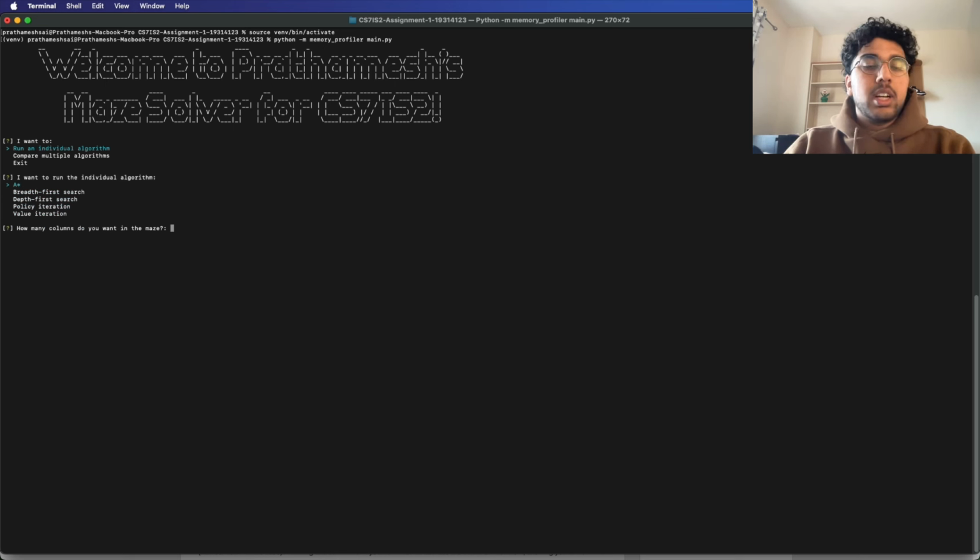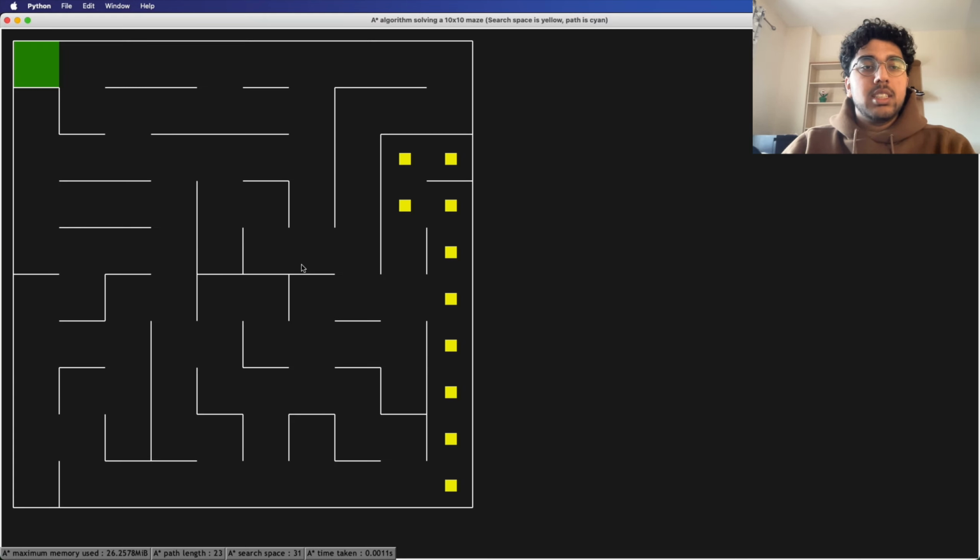So let's run A star, and because we are asked to not hard code any maze sizes, I can input different columns and rows for our maze that is randomly generated. We are also asked for the number of iterations, so this is just for the metrics that are going to be shown. It'll use the last iteration and visualize that, but it'll take the average for the metrics and show that afterwards. So if I run it for 5, it generates this, and this is the last iteration